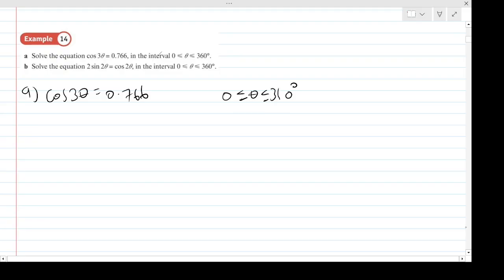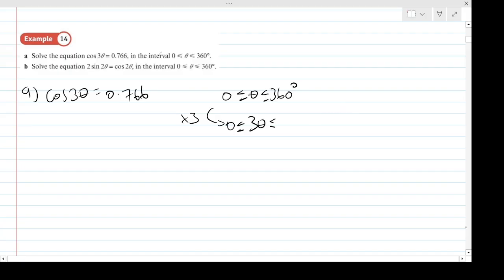So what I'm going to do is what I've just highlighted: we're going to match our interval for theta to what we've got. We don't have theta, we have 3 theta. So we need to reflect 3 in our interval to make it 3 theta, not just theta. How are we going to do that? We multiply by 3 to every part of the inequality. So 0 times 3 is 0. Theta times 3 is 3 theta, which is great because now it matches what we've got. And then 360 times 3 would be